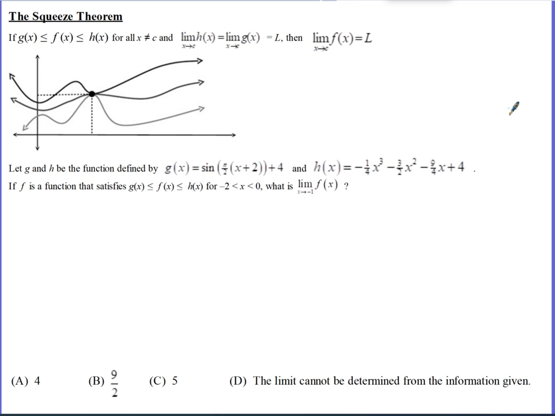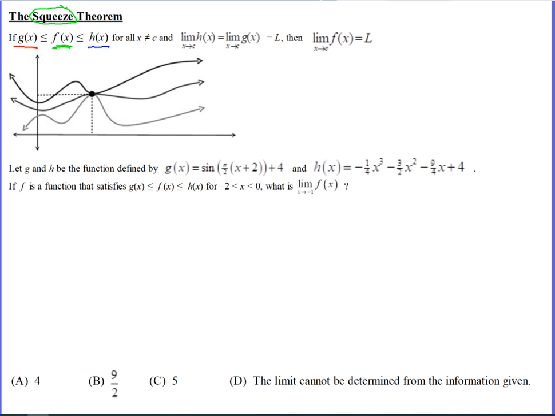These are the notes for AP Calculus on the topic of the squeeze theorem. So the squeeze theorem, like the name suggests, is when you've got two different functions and another third function that's squeezed between them. In this case, f of x is the one that's squeezed between g of x and h of x, where